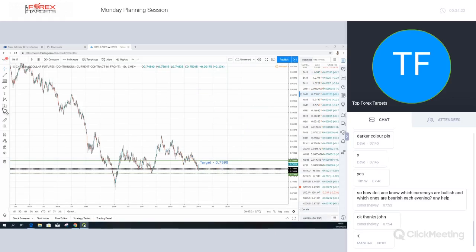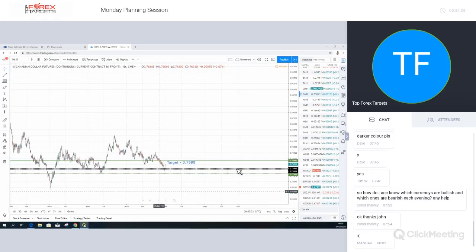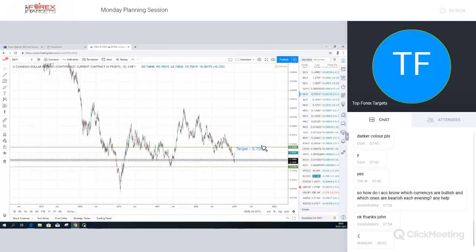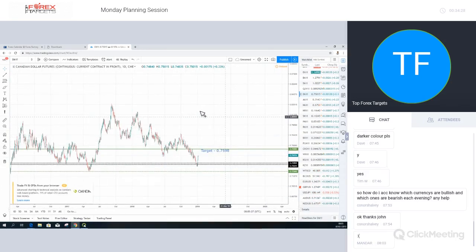So what this is telling me is this may not be finished to the downside. We may in fact not be. This actually may be the entire third wave. 1, 2, and then 1, 2, 3, 4, 5. This is the third wave, but it's not very impulsive. So the Canadian dollar is not entirely clear.